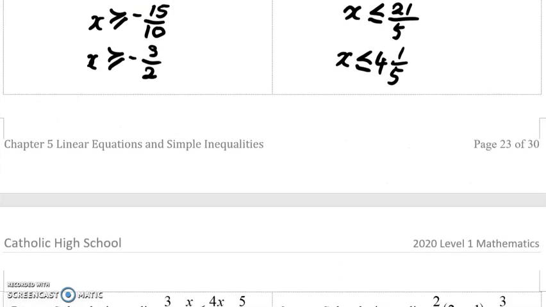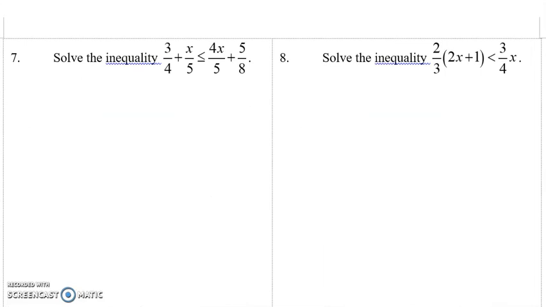Okay, moving down to question 7. We notice we have 3 over 4 plus x over 5 less than or equal to 4x over 5 plus 5 over 8. So for such questions, before we jump in and do the question straight, we can group the terms that have the same denominator first. So what happens over here is I can have x over 5 minus 4x over 5 will be less than or equal to 5 over 8